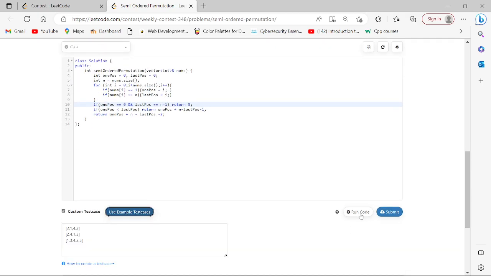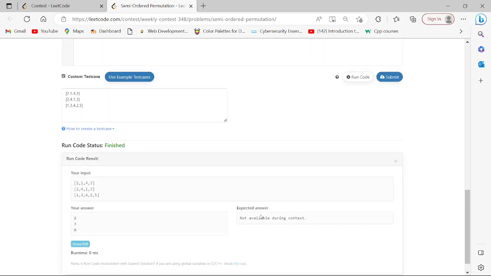Two. Then in this case, the answer should be